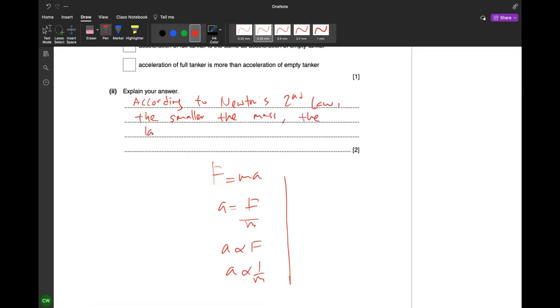The smaller the force, the smaller the acceleration. You can explain by using this equation. That means the lighter one will move faster. According to Newton's second law, the smaller the mass, the larger the acceleration. So this one is